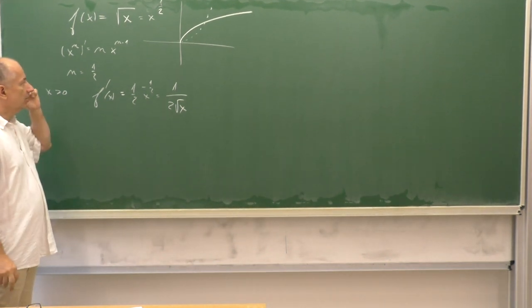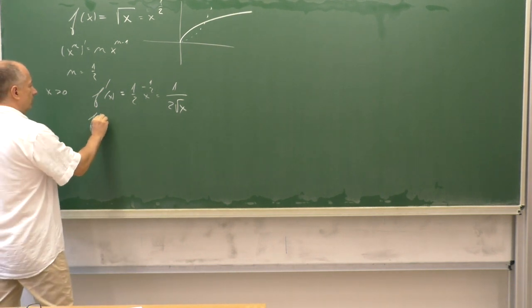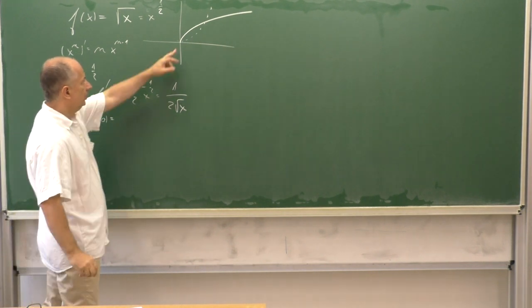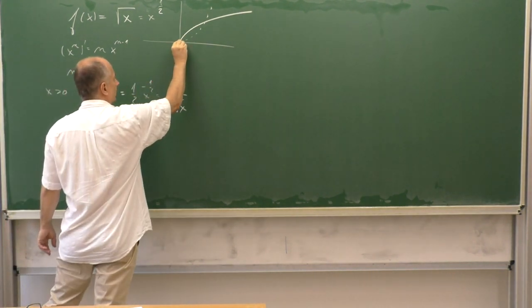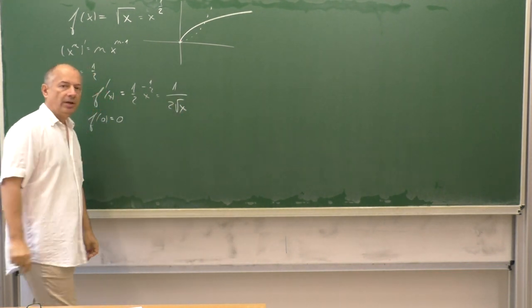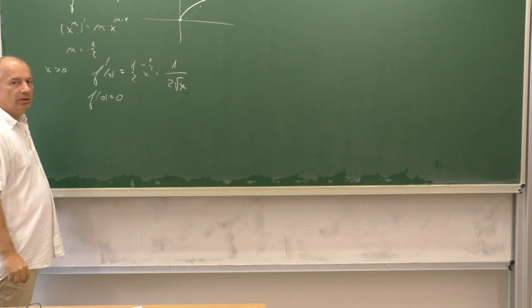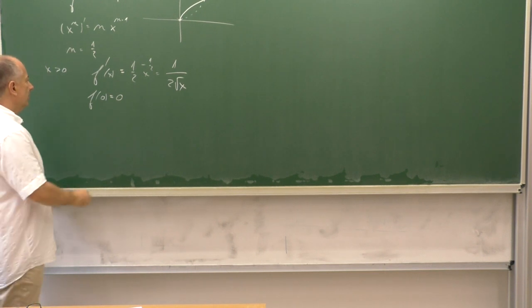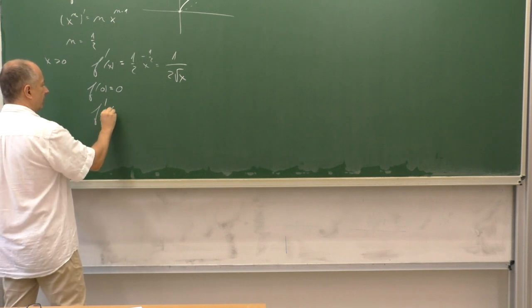And now what about at x is 0? First, we know that square root of 0 is 0. That means the origin belongs to the graph of the function. Let us consider the two one-sided derivatives. The right-hand side derivative at 0,